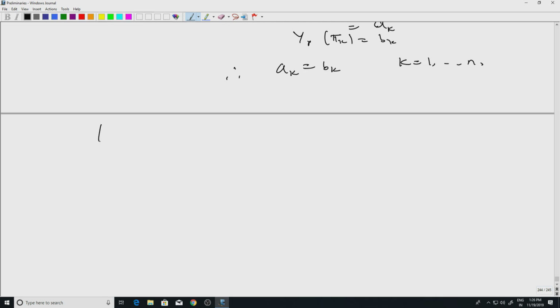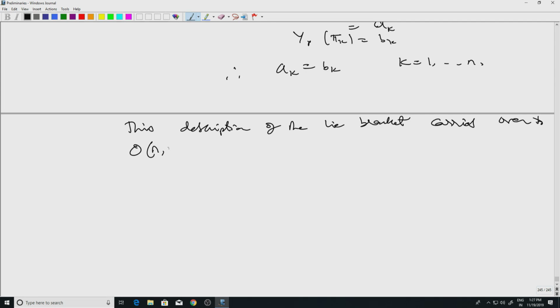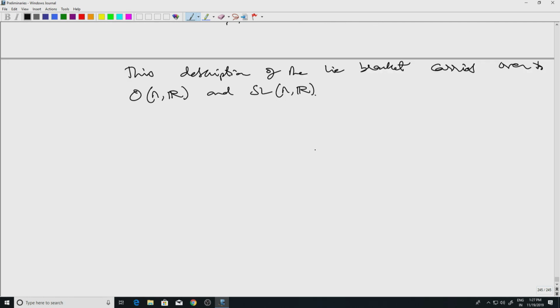So, lemma. Let me write it like this. This description of the Lie bracket carries over to SLnC, OnR and SLnR, which are the other Lie groups we have been looking at. So the lemma is,